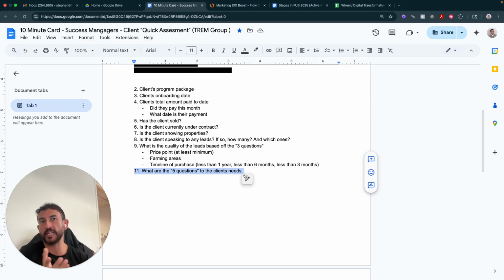Based off of that sweet spot of not only what lead you want to work with based off a price point, but also what you see currently moving in the market, because we want to get you return on investment sooner rather than later. We'll get you the 10 millions, we'll get you the 20 millions, but when you sold and generated 2, 3, 4, 5x return on your money in less than a year, you're a much calmer person. So third question is their farming areas. Fourth question is property types per farming area. And then the fifth, especially in Miami, is how much do you want to allocate between resales and pre-construction.